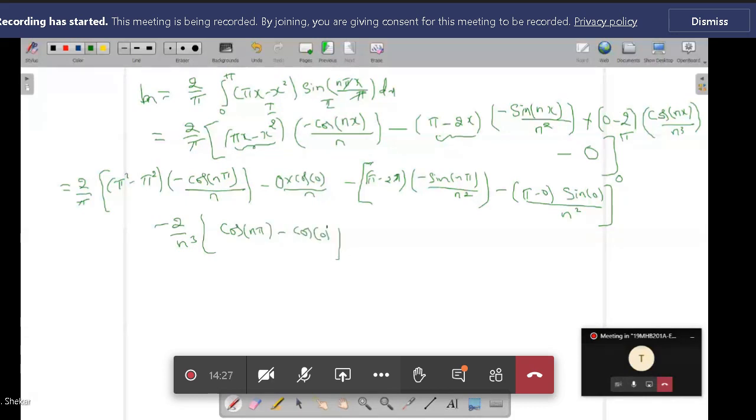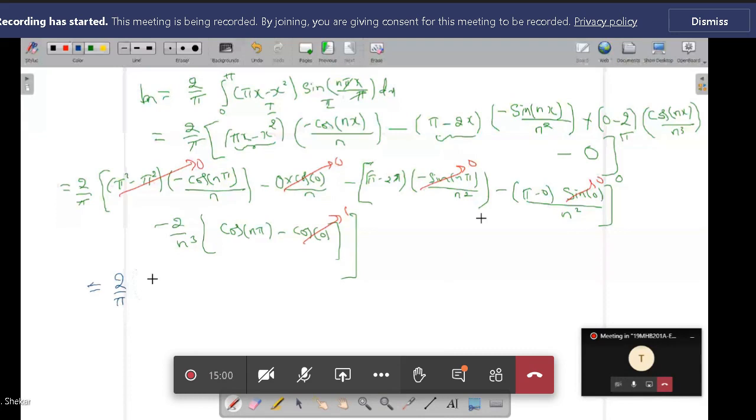Okay, so that is simplified. You can look, pi square minus pi square is 0, 0 into cos 0 is 0, sin n pi is 0, sin 0 is 0, and cos 0 is 1, cos n pi value is minus 1 power n. So that becomes 2 divided by pi into, so first term is 0, second whole term is 0, and